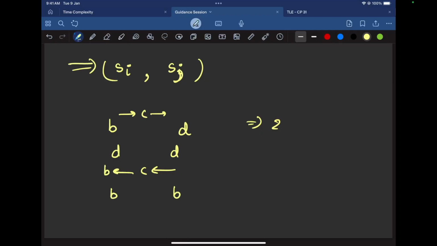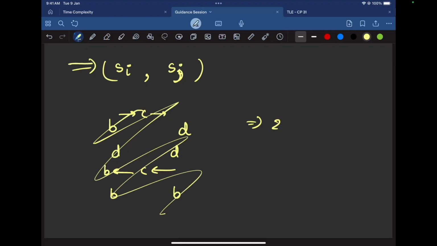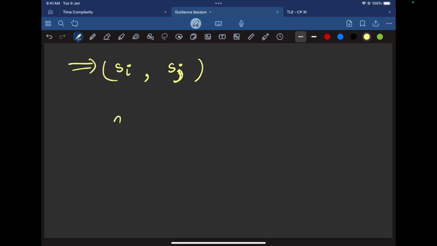Now I'll give you the other thing over here. For example, you are given a and z. What happens now? Do you want to make a go forward and take it to z? That would take, I think, like 25 operations. The other option is, how about you make a go backward and this becomes z and this becomes z? So that takes 1 operation. Because of the cyclic nature, either the next or the previous element, you have to consider both